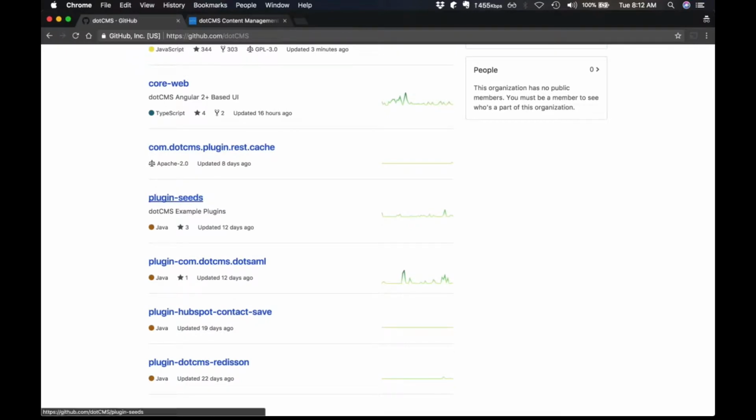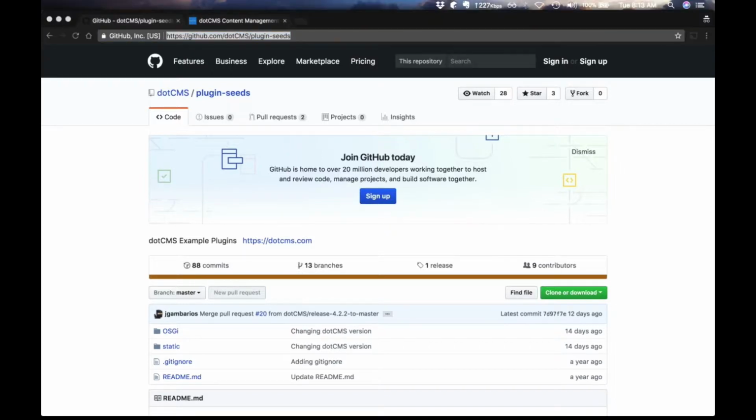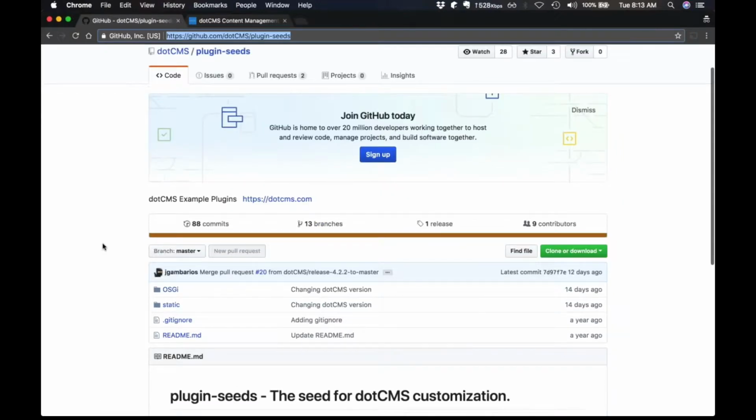The repository is called plugin seeds. Let me see if I can write it down. Okay, so the repository inside the dotCMS GitHub page is called plugin seeds,